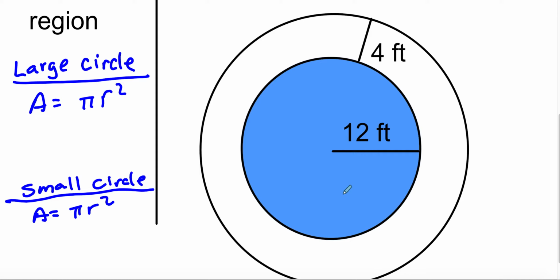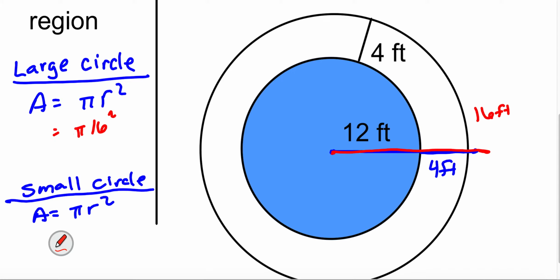If you happen to have been stuck on this problem, one of the things you are stuck on is probably where we put these labels. If I was to have turned this a little bit and put the 4-foot label down here, most kids would have said, hey, wait, from here to here, that's 16 feet. So then you would have known that your radius for this was 16. So pi times 16 squared equals the area, which would equal